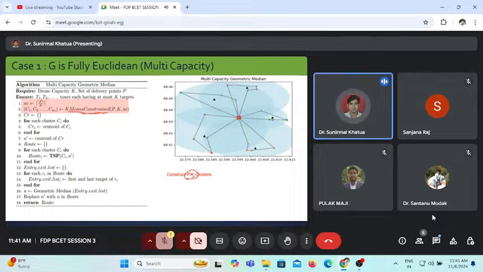So first we will form this kind of clustering using a modified k-means clustering called constrained k-means, and then we will find the centroid of each cluster. For example, one cluster is formed here. This is the centroid of that cluster. This is another centroid. This is another centroid. So we will find the centroids of the clusters formed,